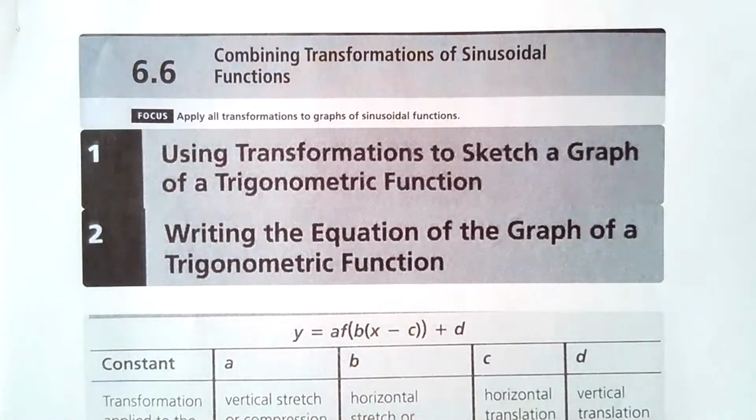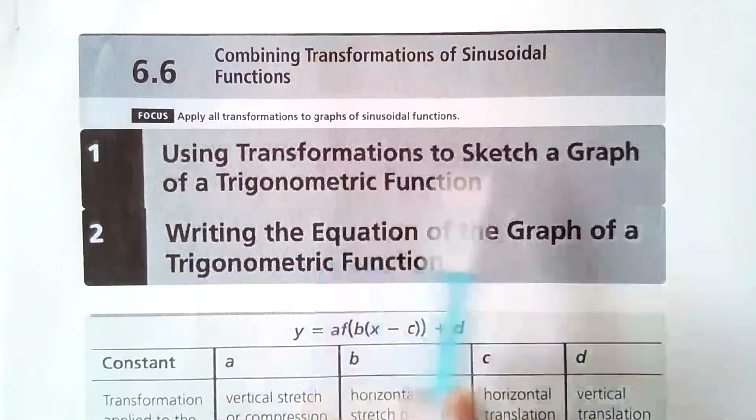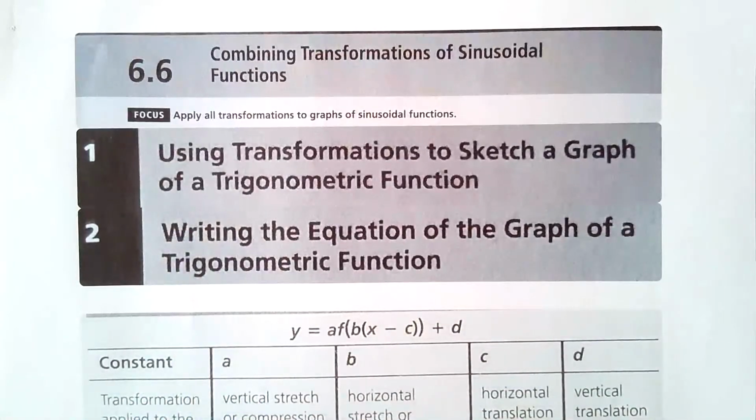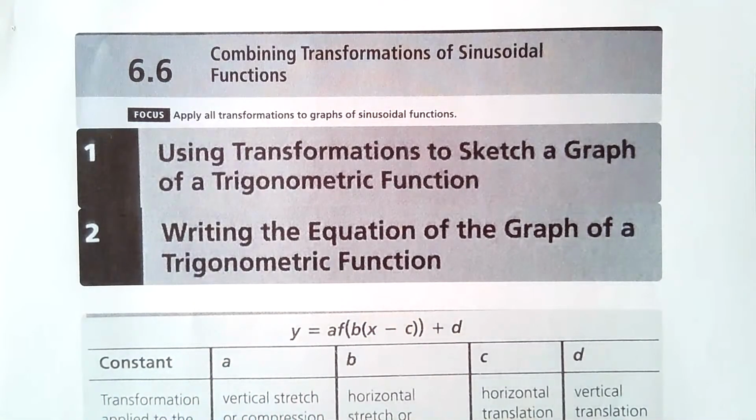Today we are resuming lesson 6.6, and we'll be using transformation to sketch a graph of a trig function. So there are two parts, and the second part we'll be looking at writing equations of the graph of a trig function. Just to recap,